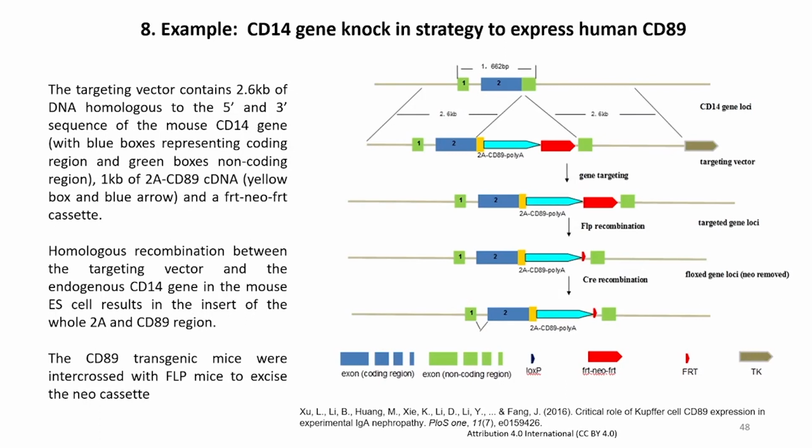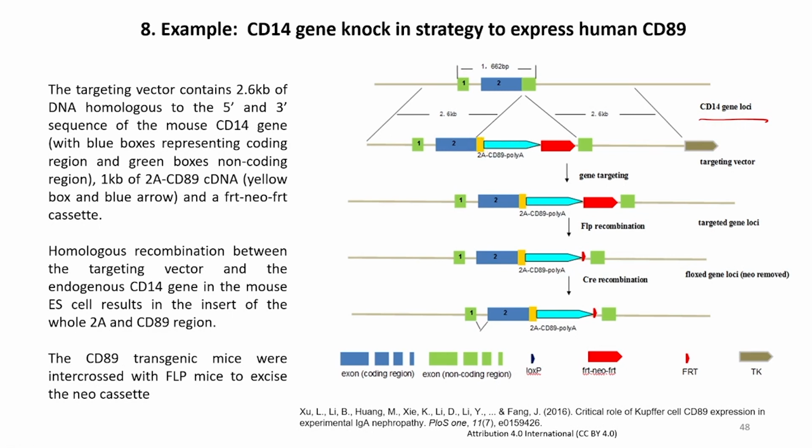Let us have an example of a CD14 gene knock-in strategy to express the human CD89 in mice. So, the targeting vector contains around 2.6 kilobase of DNA homologous to the 5 prime and 3 prime sequence of the mouse CD14 gene. Here with blue boxes you can see the coding region, and the green boxes the non-coding region. Then you have 1 kb of 2A CD89, this is the yellow box here, and a F13 neo